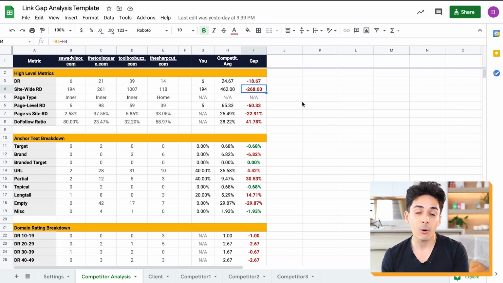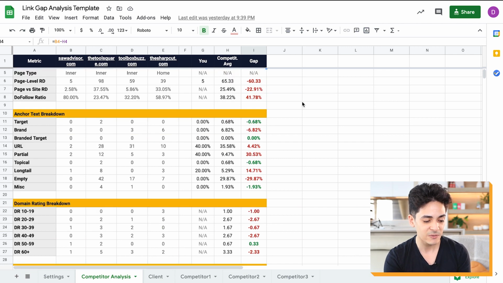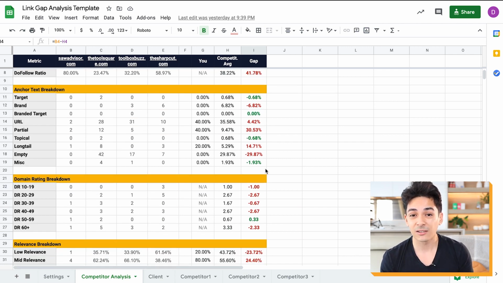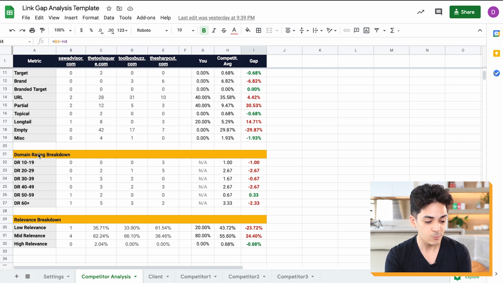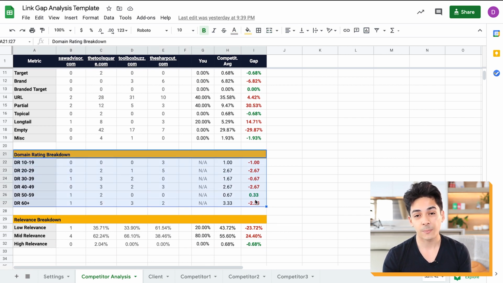But obviously that doesn't really account for quality, which is where we can scroll down to this section here. I realize this may be getting a little bit more technical, but nevertheless, let me go through it. You see here the domain rating breakdown. Again, we're doing this for one specific page, but we can also do this site-wide, just to get a rough idea of what you have to build to compete